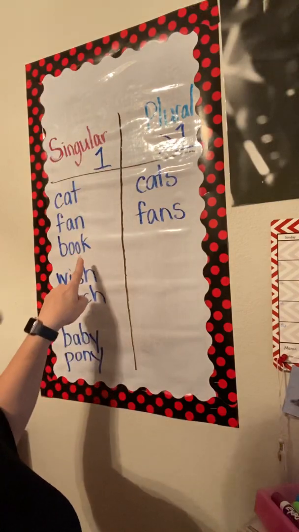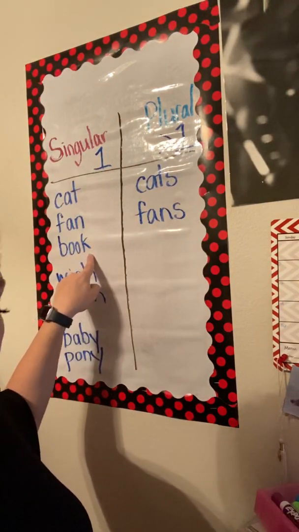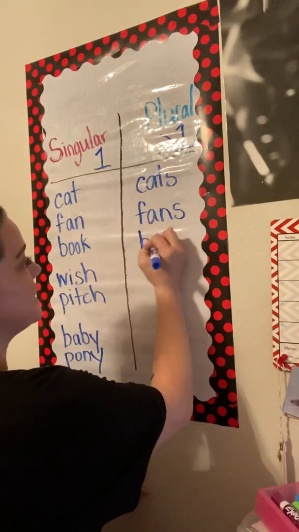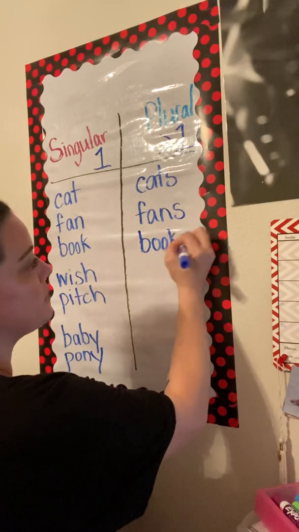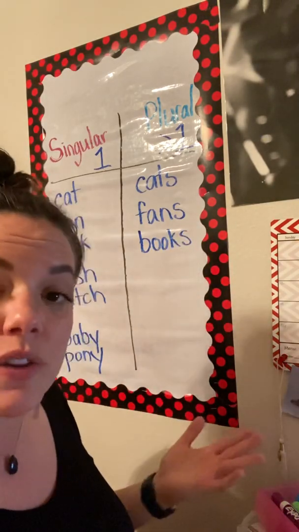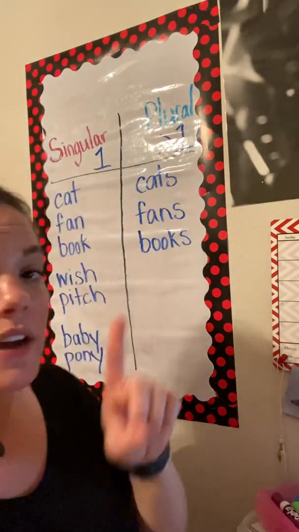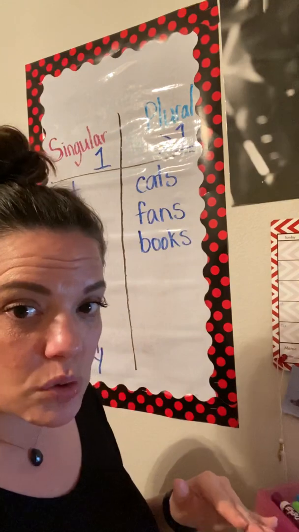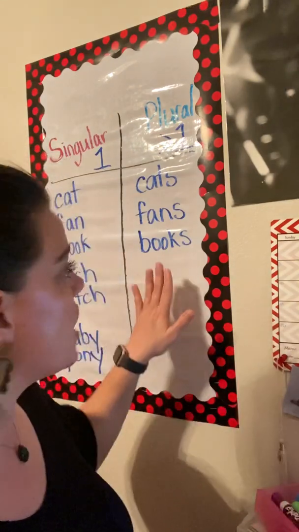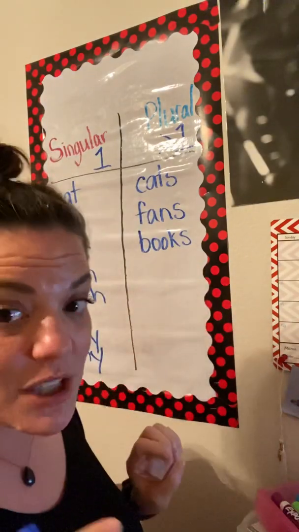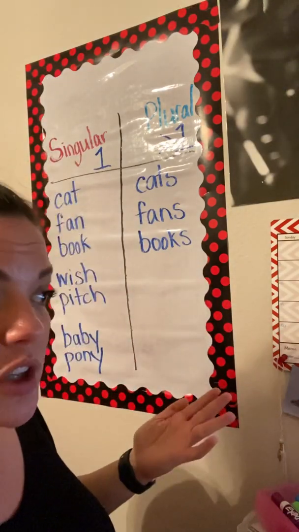Book, 1 book. No S, 1 book. But then I have 12 books. So it's the exact same word. I'm just adding an S to make it plural. Now I know that there's more than one. Now here I'm going to show you the first rule. But remember, if you're not sure of the rule, but you know that there's more than one, just add an S, okay? But I am going to show you the rule, and you can try to keep it in mind